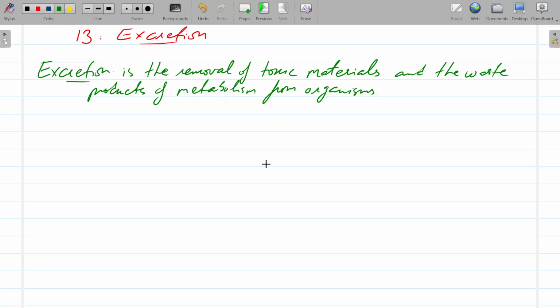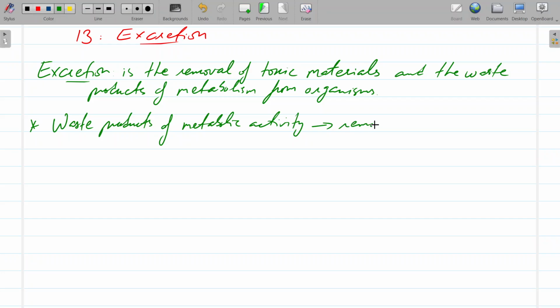Now, despite this being the definition given in the book, I don't quite like the way they phrased it because what we get to learn later is basically the removal of waste products of metabolic activity is called excretion specifically. So if something is being removed from the body that has not been metabolically involved, then that is not termed excretion. And metabolic activity refers to metabolism, which is the